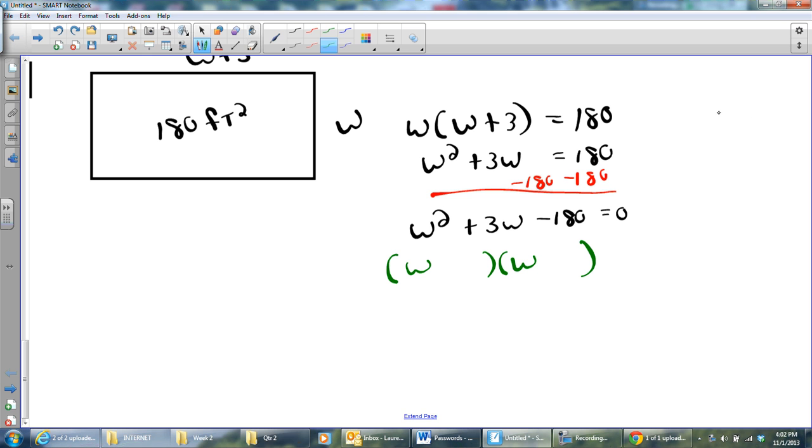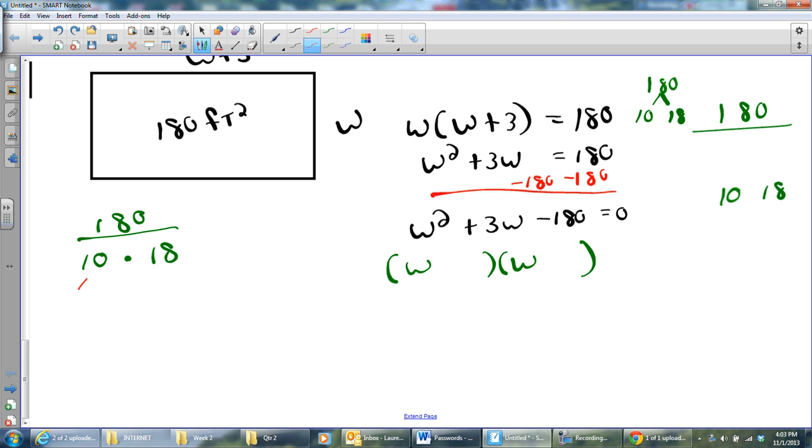So let me think about this here. Factors of 180. Now they're going to be close together, so I'm not going to waste my time with things that are right next to each other. I might jump to 10 and 18. All right, now 12, I think is going to go in. And you know what? I'm thinking 12 and 15. Let me see here. 180. If I break it up into 10, 18, well, let me do this somewhere else. Here, 180. And I know for a fact that 10 times 18 is 180. And I know that 10 is 5 times 2. And I know 18 can be 6 times 3, right? So if 10 times 18 is 180, then so is 5 times 2 times 6 times 3,